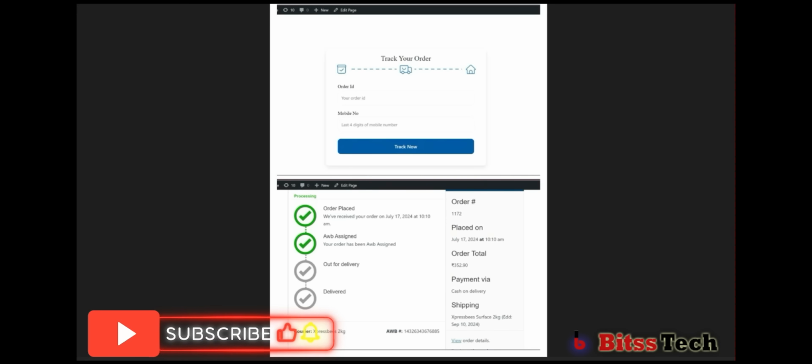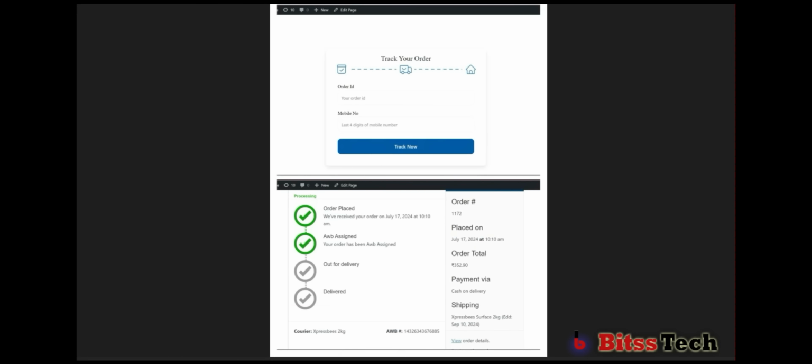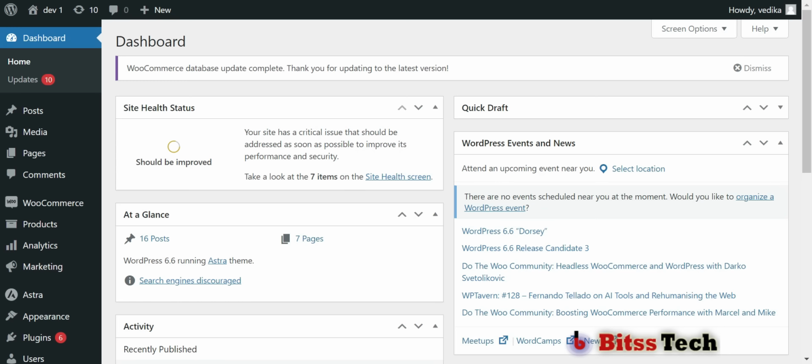In this video we will see how we can create an order tracking page. For reference, this is the screenshot of the tracking widget and the screenshot of the details which are going to be shown on the tracking page. And also in this video we will show you how these details can be shown through emails and SMS. Now in this video we will see how we can create an order tracking page for WordPress.